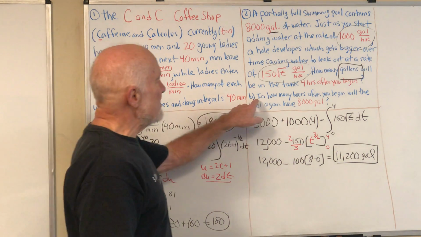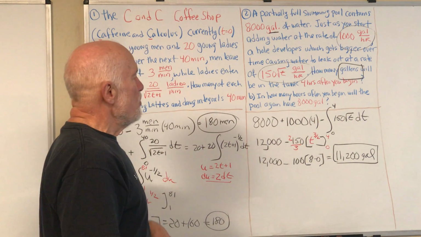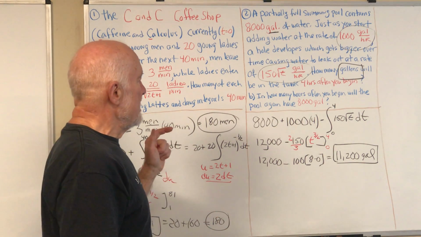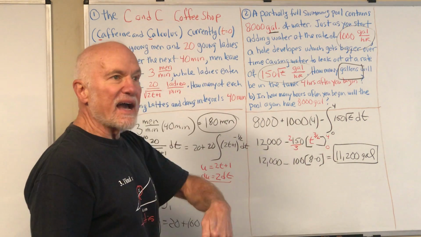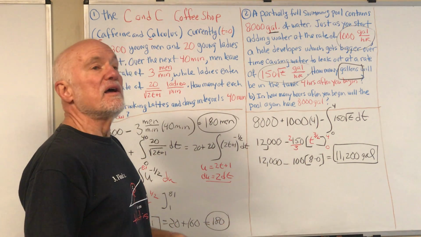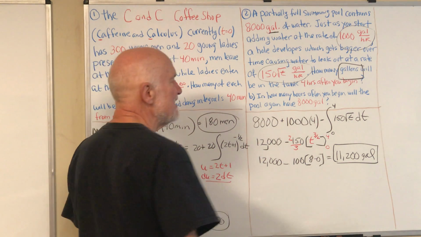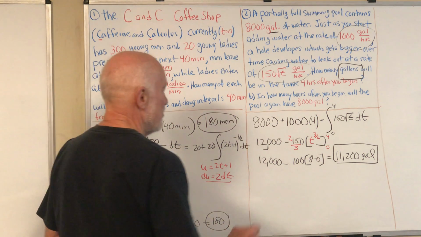Now this part B says, in how many hours after you begin will the pool again have 8,000 gallons? So it started out at 8,000, it's gotten up to that high, will it ever go back? Well, as that hole gets bigger, maybe it'll go back to 8,000. So what can I say? I can let X represent the number of hours. So I can say